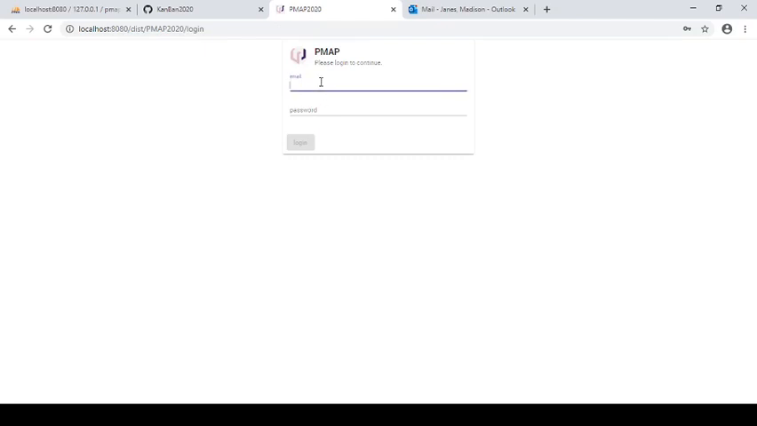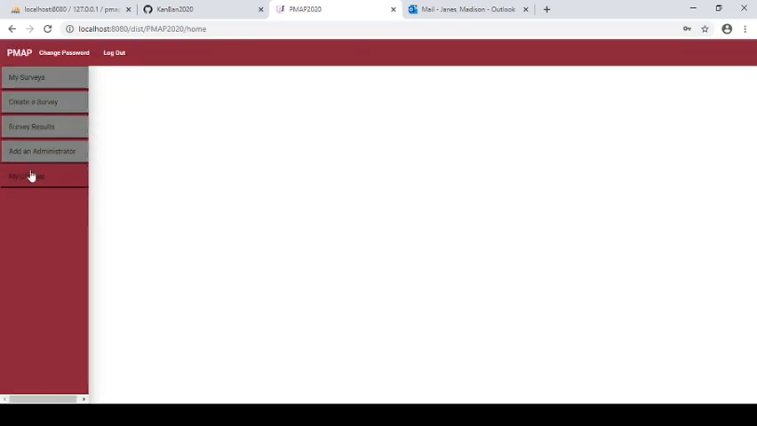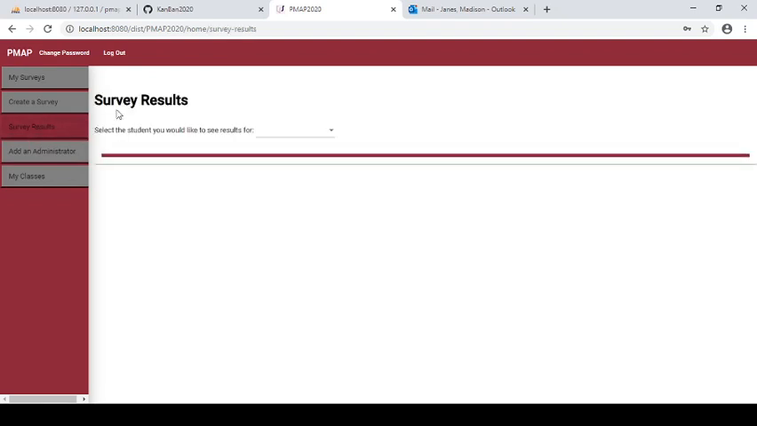And then if I go back to the administrator, and then in survey results, here's where it would be. We unfortunately did not get to completely finish the survey results page. It is not usable, but what was intended and what is almost finished but wasn't able to be finished,